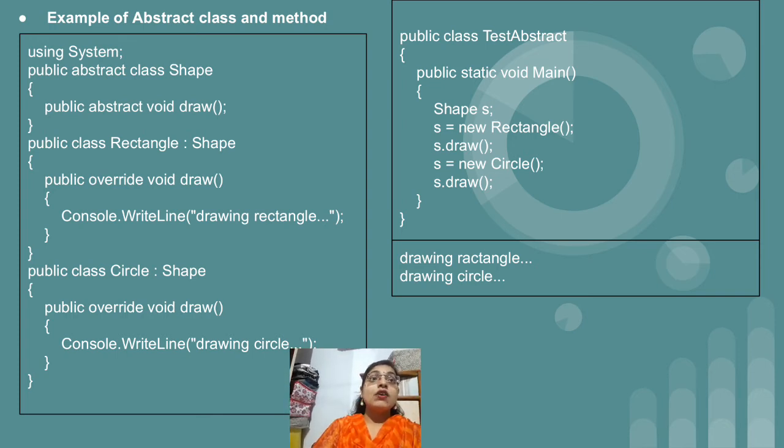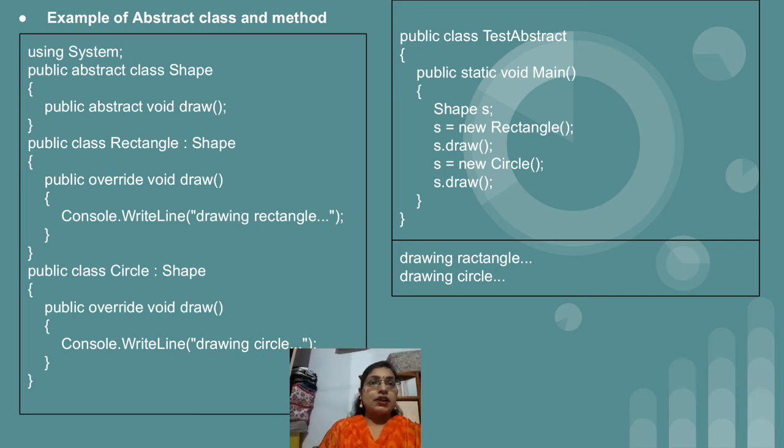Definitely now we pass the address of the rectangle class, so the draw method that is going to get called is the one present in rectangle. So the first line of your output is drawing rectangle. After that we have the next class, that is circle. Again to the same object we pass the value of circle by writing S equal to new circle, and then with the help of the same object S we call draw. But now as we pass the instance of the circle class, this is the reason why the second line of your output is drawing circle. That is, it is part of the draw method of circle.